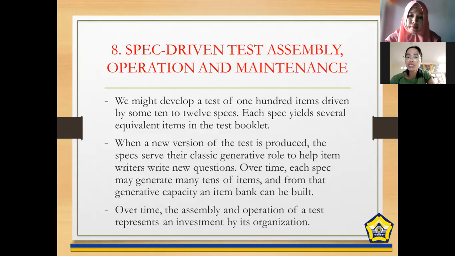Over time, each space may generate many items, and from that generative capacity an item bank can be built. Over time, the assembly and operation of a test represent an investment by its organization. So next,